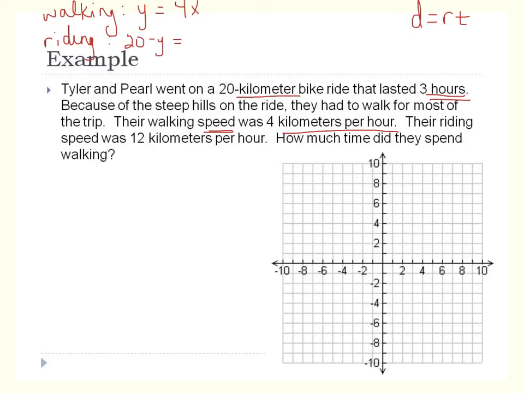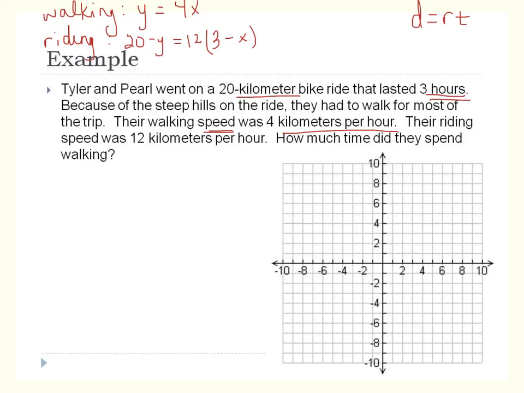Okay, the speed at which I rode was 12. And the time I'm not sure, but I know they have to add to 3, so I'm going to do 3 minus x for however long I was walking, then the rest of that was riding. So there's your equations, okay? And so we're going to graph these and figure out where they cross, and then that's going to be our answer here, and that will actually give you not only how much time they spent walking and riding, but also